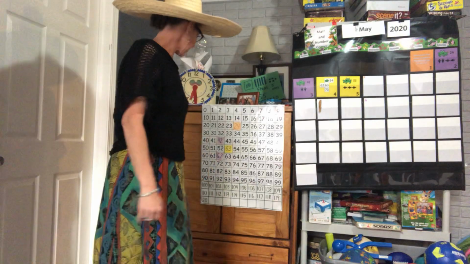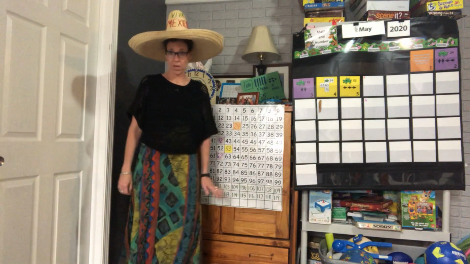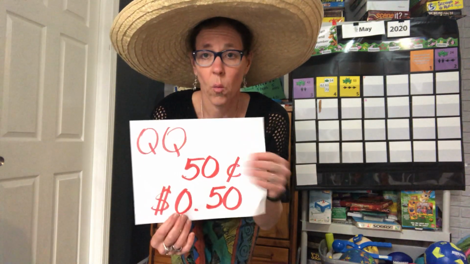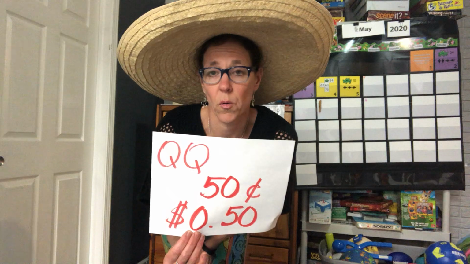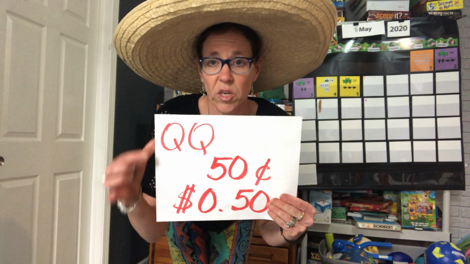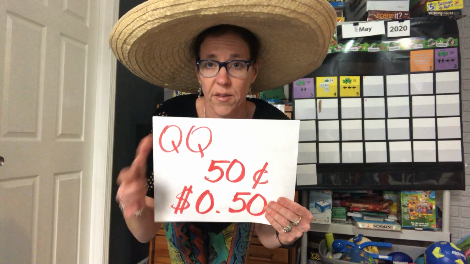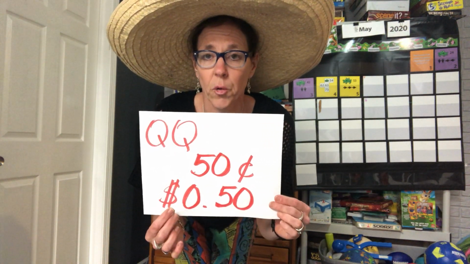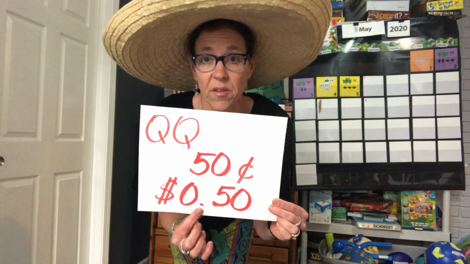All right, some other things that we said we were going to do every day this month. We're going to add some quarters. And yesterday we started with 1 quarter, and we said with 1 quarter we had 25 cents. Today our quarter collection is 2 quarters, 25, 50. You got it? And 2 quarters together is 50 cents.